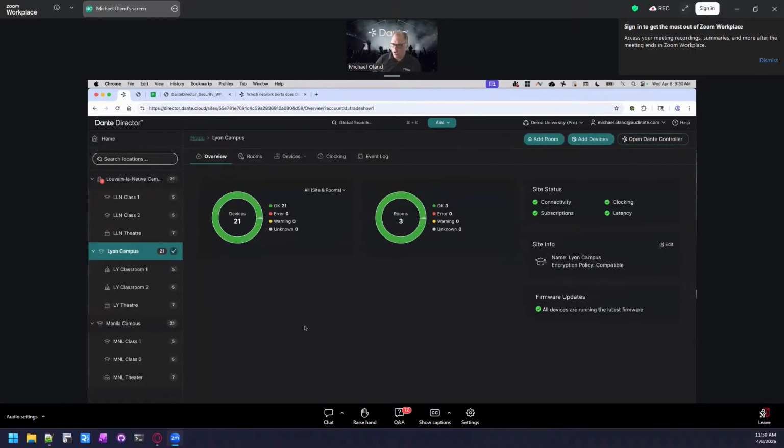And speaking of notifications, I showed how you can do email notifications. We also have the ability to do webhooks. I think Jim mentioned that earlier. That would give you the ability to integrate with some other kind of notification system. I'll show you in a second one that we've set up. But if you've got something like ServiceNow or some other ticketing system that you use to track issues, this is a way to integrate with that.